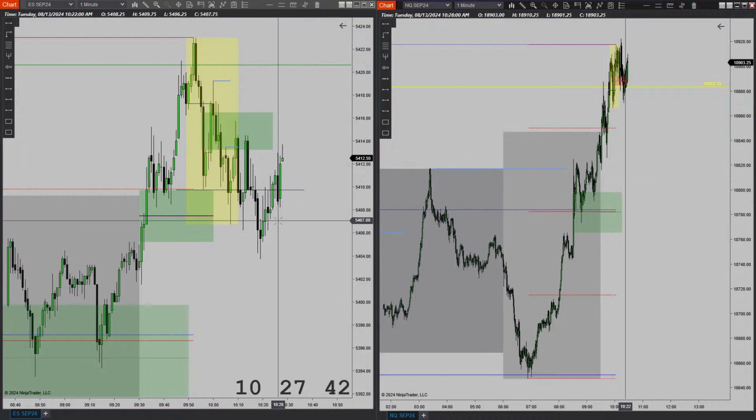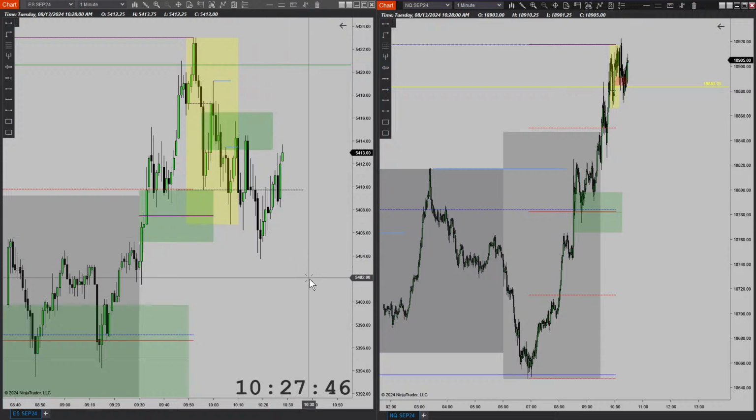So yeah, but if I don't decide to trade the 11 o'clock macro, if there's no setup, then I'll look to trade the 13:30 lunch open. But yeah, that's pretty much it.